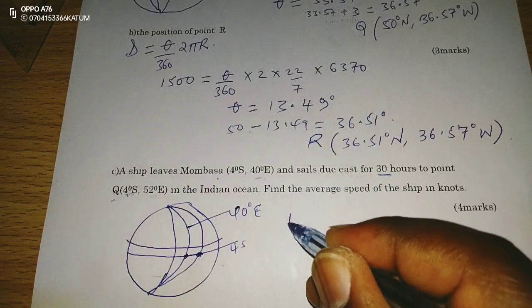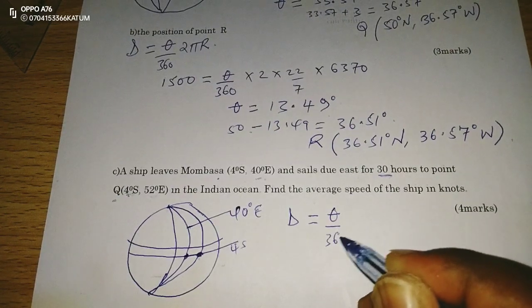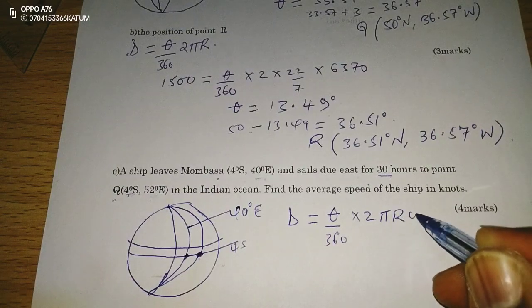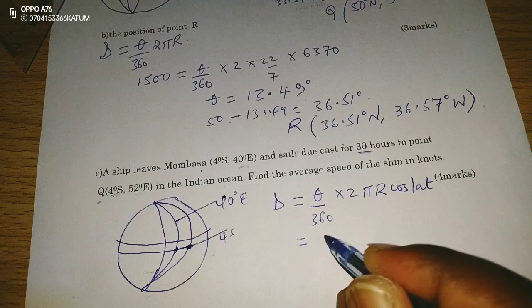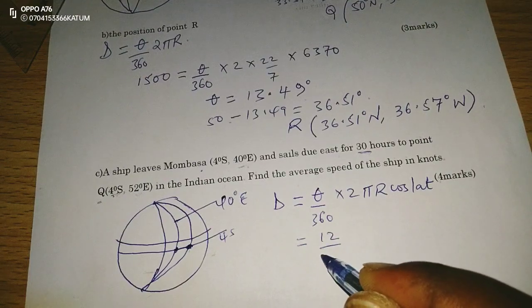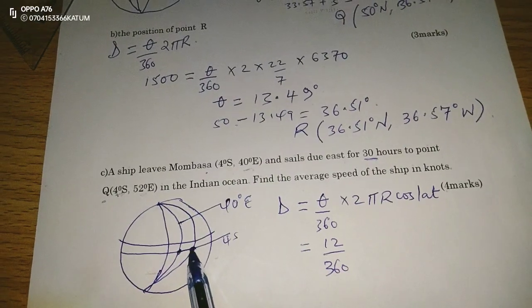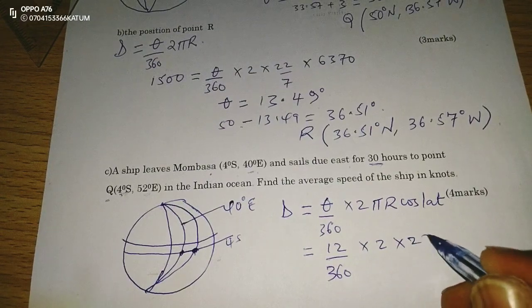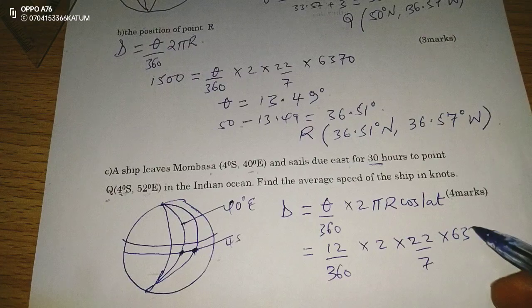Therefore, the distance is again given by the formula theta over 360 times 2 pi r cosine of the latitude. The angle difference is 12, so we have 12 times 2 times 22 out of 7 times 6370